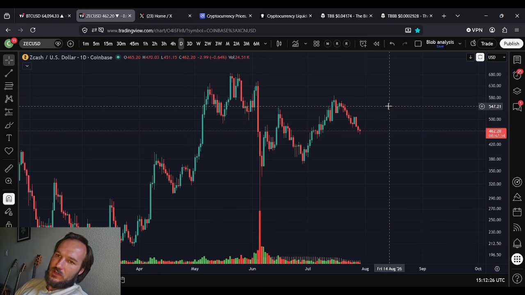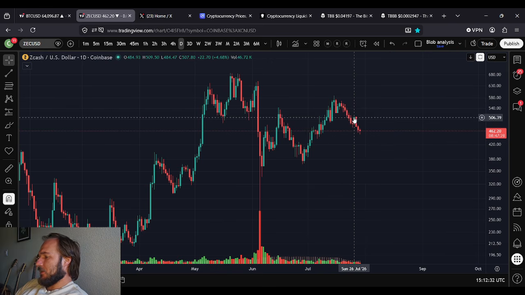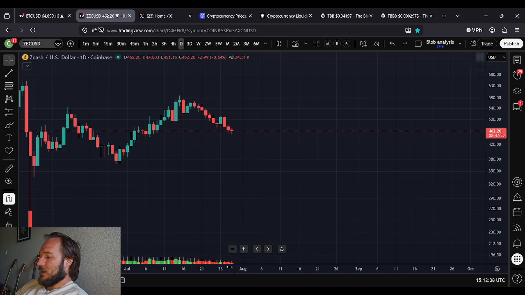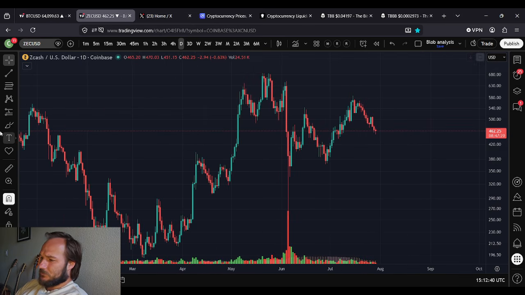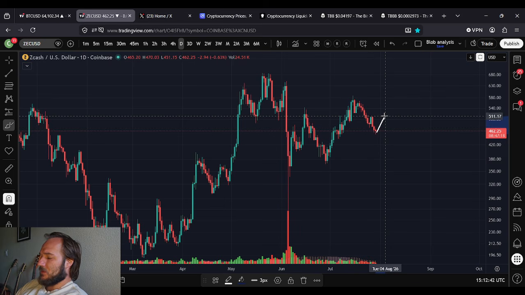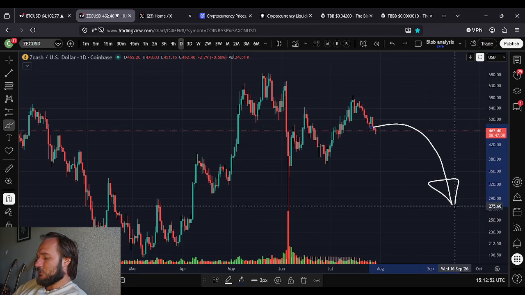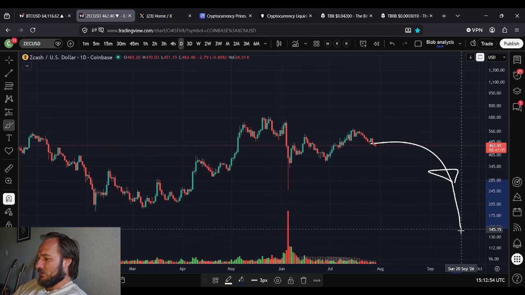We've got just under 9 hours left in this day. Moving down little by little, day after day. We had this little pivot here, and we've continued to move down since. I do believe that we have lower to go, but as we're moving down here, you can see that the volume is dying off. We're seeing less and less volume, so perhaps some type of recovery bounce, a dead cat bounce, whatever you want to call it, is coming, and maybe we find resistance at this same level again. All I'm trying to say by that is, yes, I believe Zcash is still going to go lower, dramatically lower, much lower than even this. I think it's going to go lower.